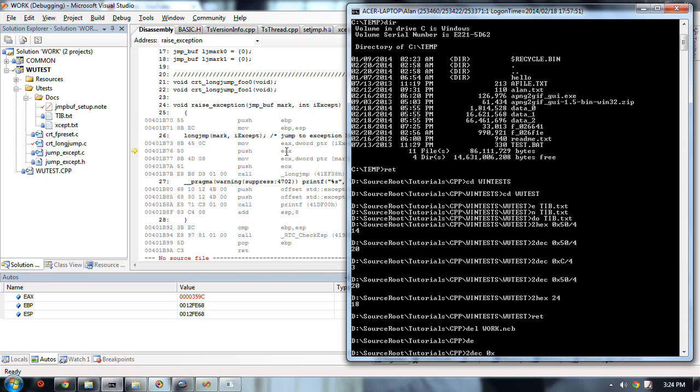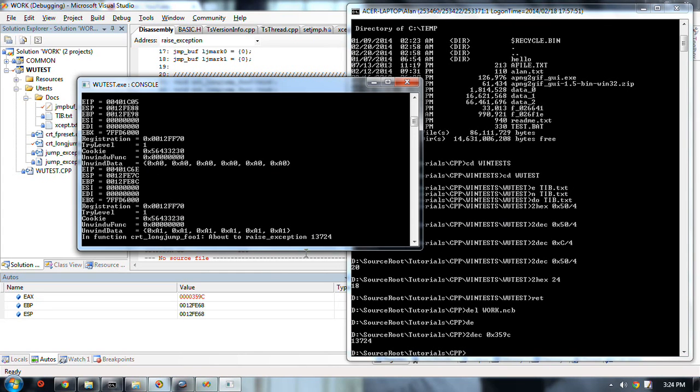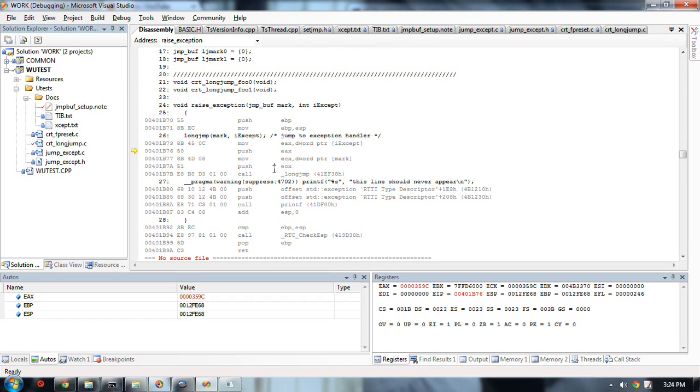Oh yeah, that's right. Okay, so that gets pushed on the stack. And then mark here is our mark 0, right? Shows all those funny numbers. It's a big array. And we're pushing just the pointer to that on the stack, and we're now calling longjmp,